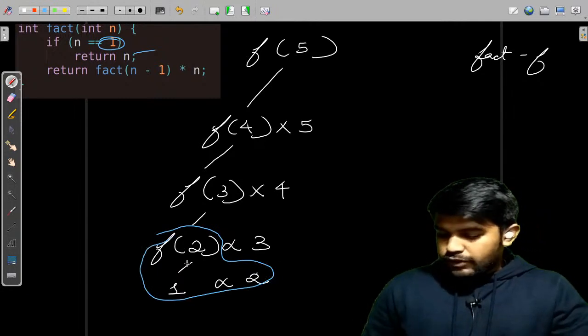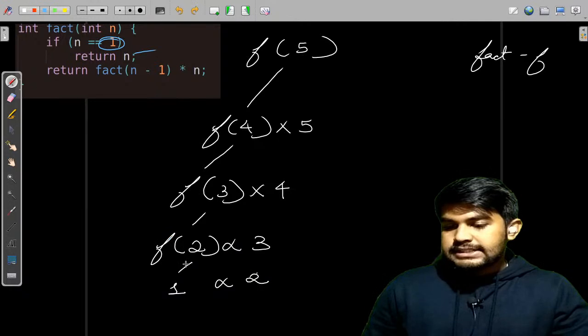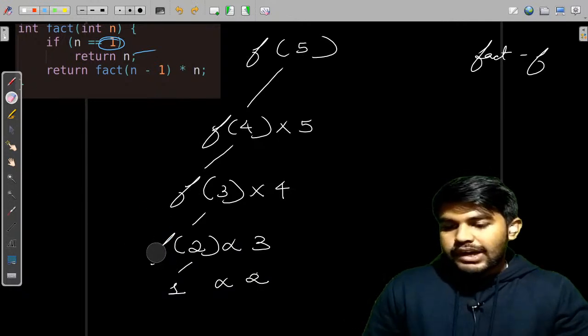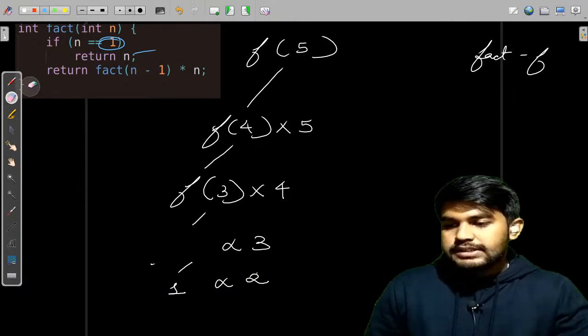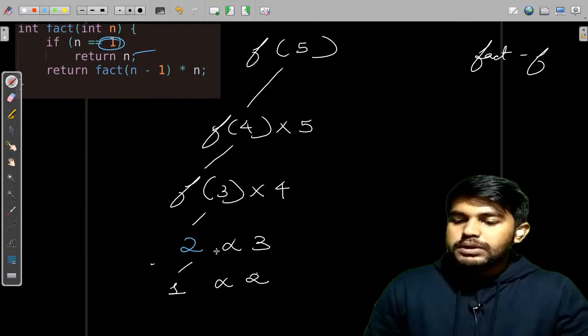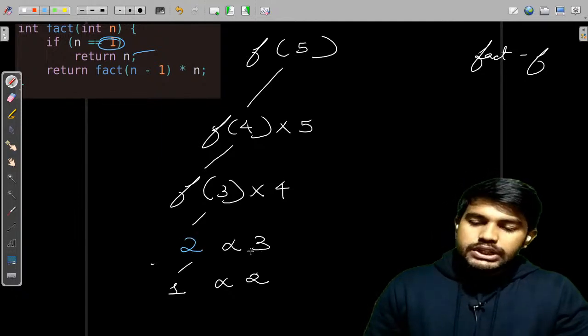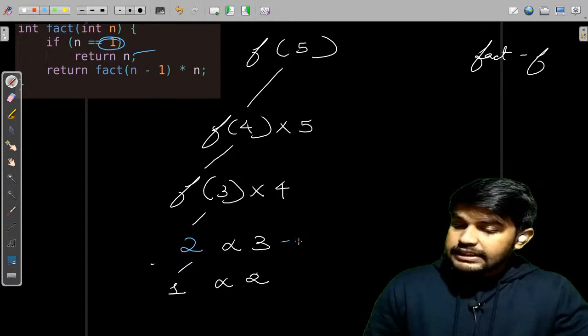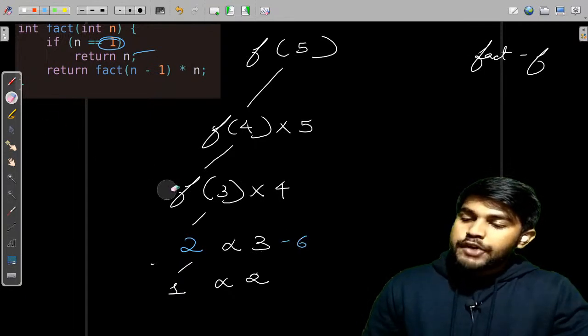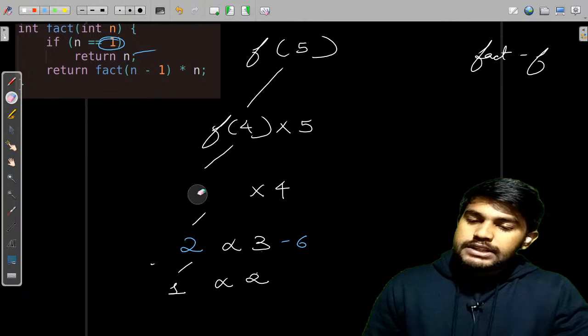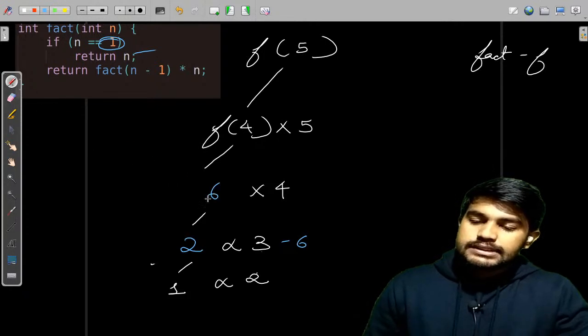So now f of 2 can be told as 2 itself. Now 2 into 3 is 6, so f of 3 can be replaced with the value 6.